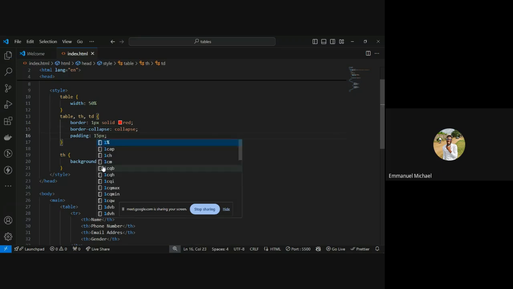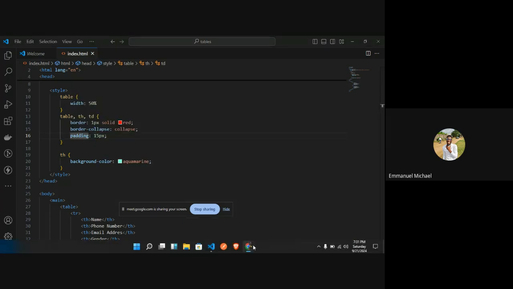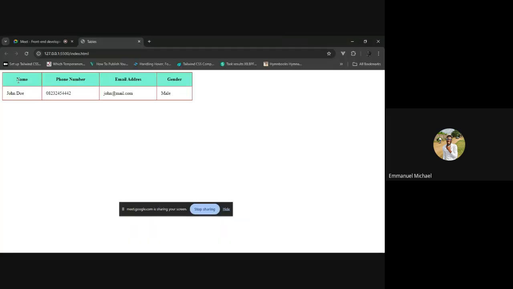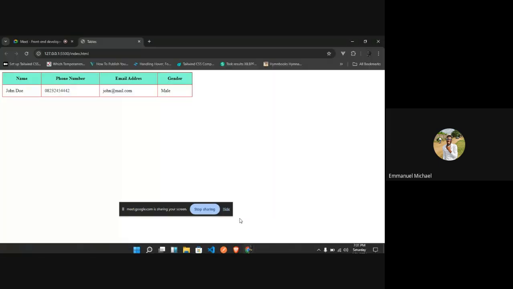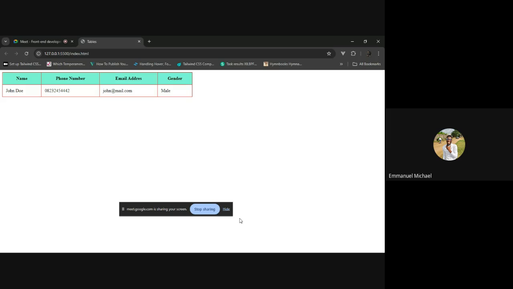If I want to increase this padding, I can simply just increase it from 5 to 15, and the space between the elements, the space inside the element is increased. I think I even like this more. I should make it 12 pixels then. I think I like that more. Make it 12 pixels. So